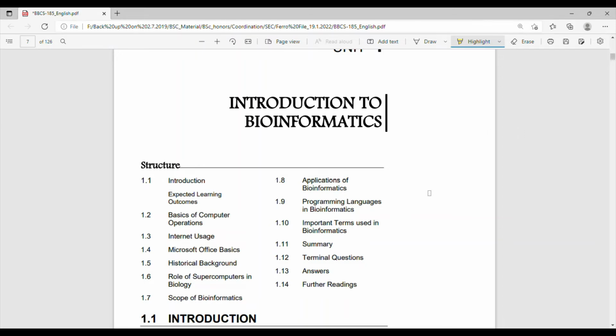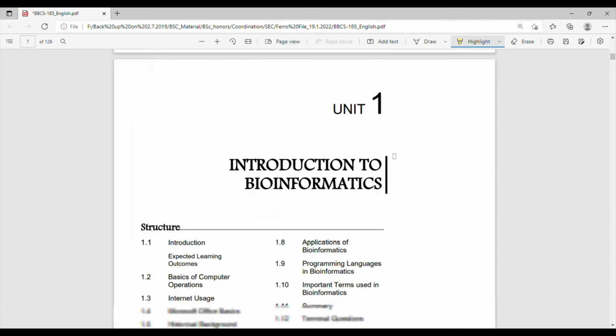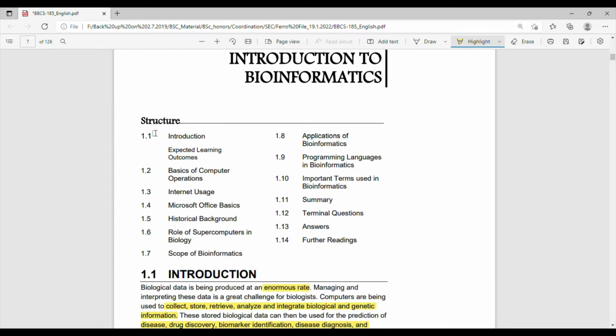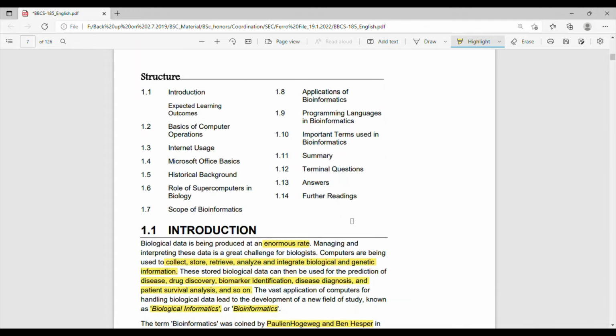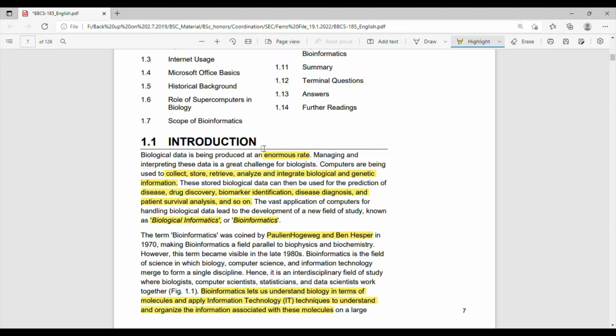Hi. So this is how our first unit looks like, that is Unit 1, Introduction to Bioinformatics. As I said, this is the structure of this unit, and every unit in the IGNOU format has got a structure which tells you about the contents that you will be studying in this particular course. Coming to the introduction of this chapter,